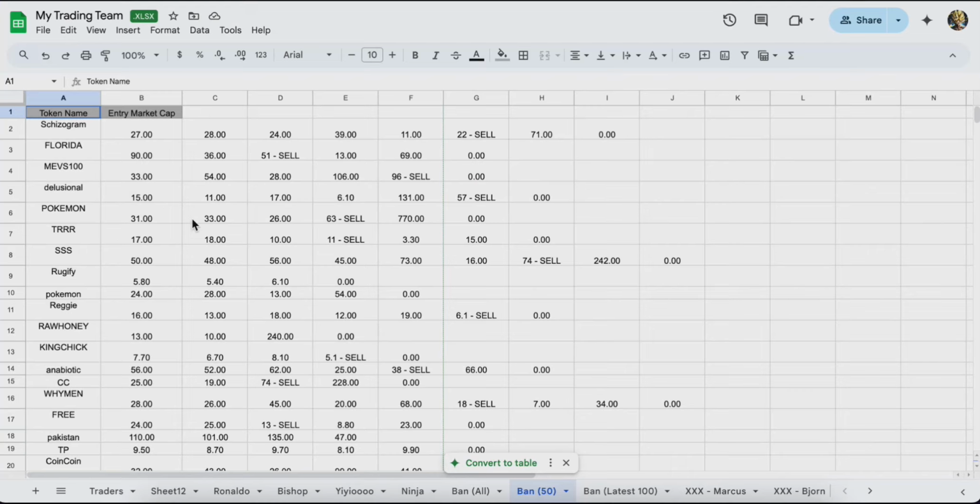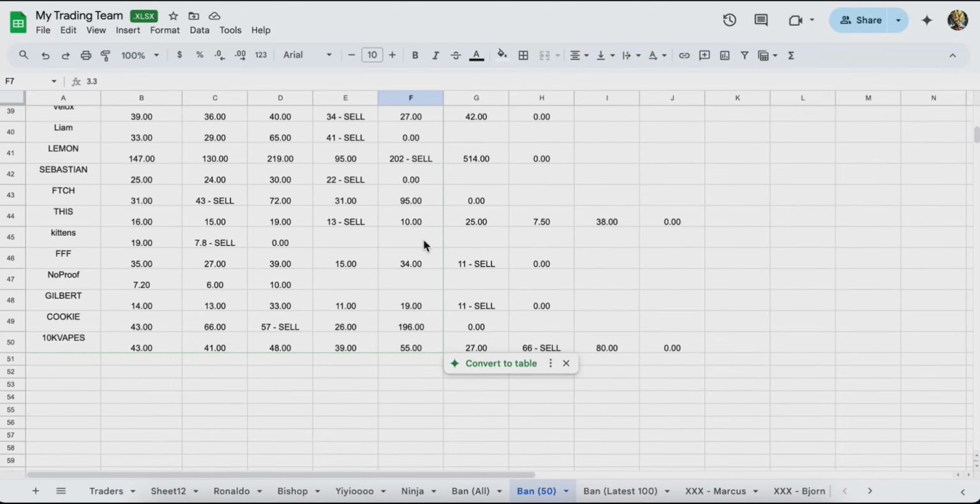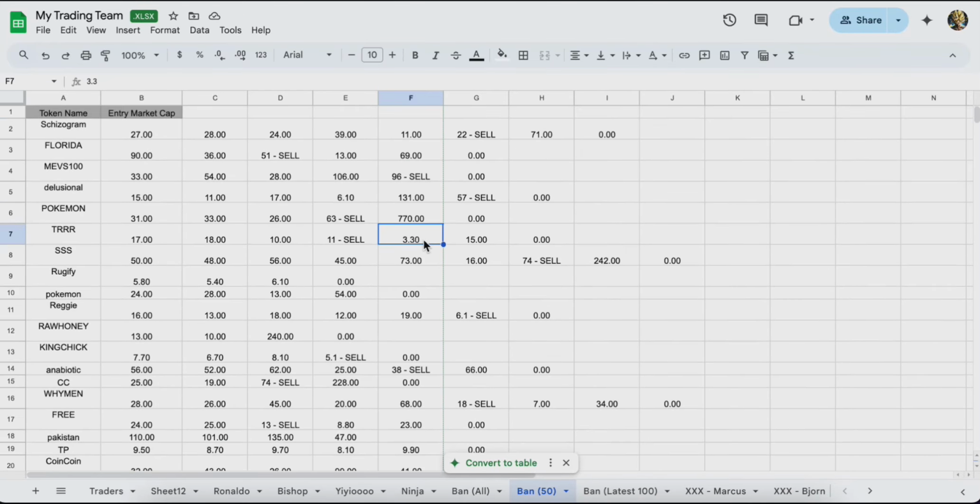This is every trade on paper. In this case, it's 50 trades. And this is what it looks like. This is what you want to make, and this is what the program knows how to read. It has to be in this format with this row here, and then the trade data going to the right. You don't have to record the sells,